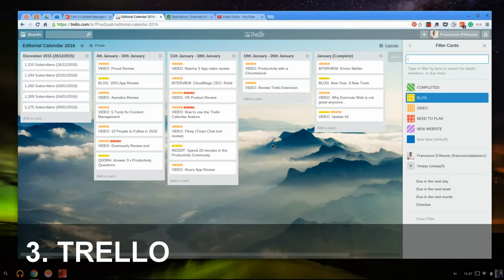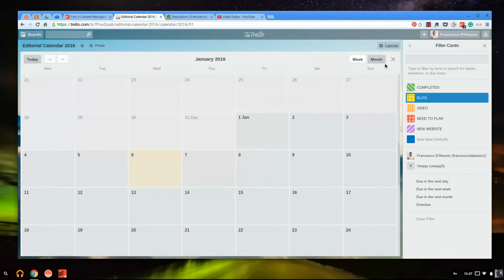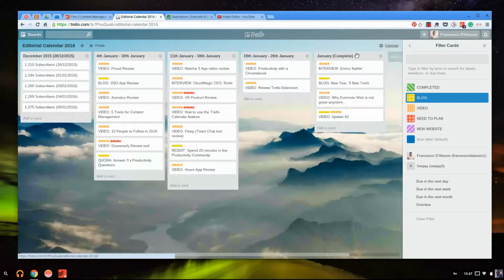Another thing here is you can add checklists, you can add lots of detail. I haven't been as scientific as possible with this, but it's something that's really valuable. You can even use a calendar feature to see where all the videos will drop in terms of calendar. I haven't wanted to do this yet because I'm not too confident with this, but it's something that you can do and set due dates for.